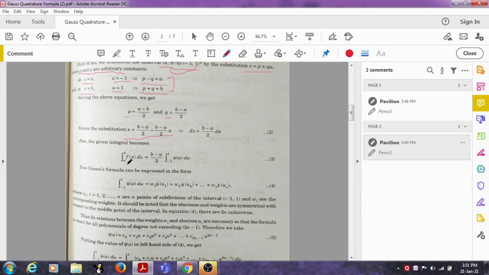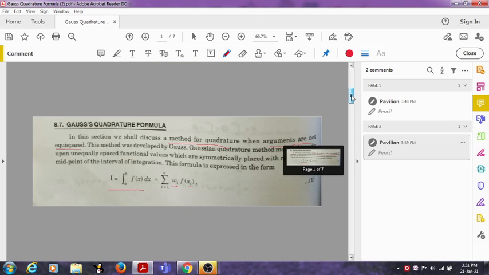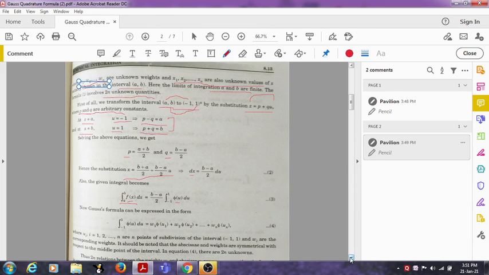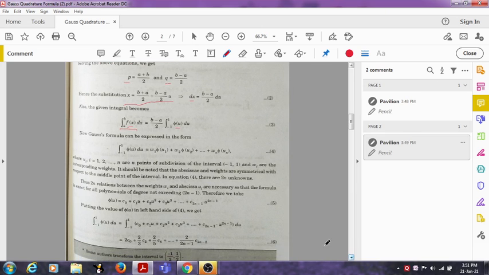We started from the integral a to b f(x) dx, and now we have converted it in terms of u. The function f(x) reduces to phi(u), and we put dx as (b - a)/2 into du. So we get equation 3. Now, in equation 1, we expressed the integral a to b f(x) dx as sigma i from 1 to n of wi into f(xi). So we take this as the integral from -1 to 1 of phi(u) du,